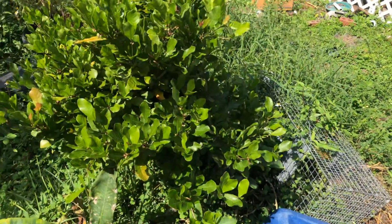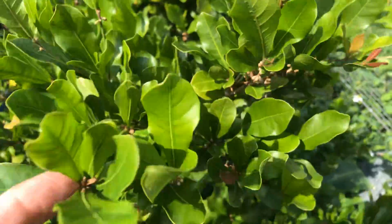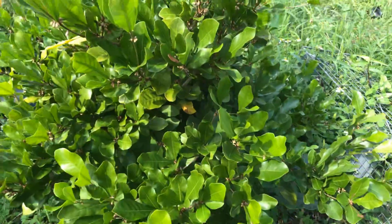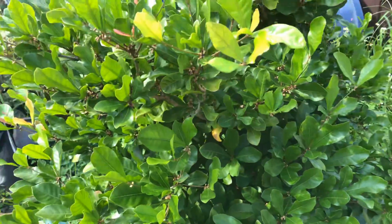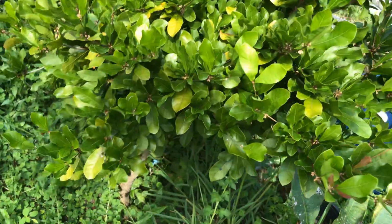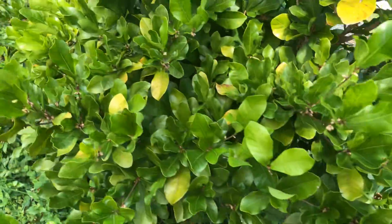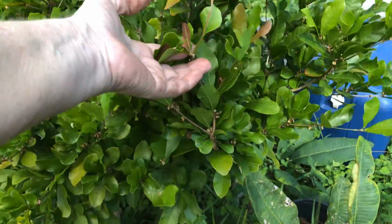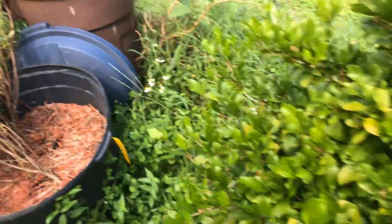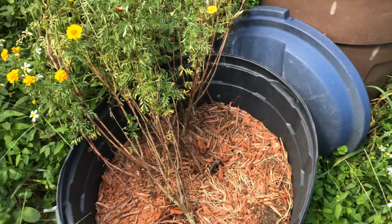And this is my miracle fruit. You can see all the beautiful little fruit that I will have, but there is no fruit on it at the moment. I would say if there was, it would be gone from my granddaughter, but with the bees out when she was here on Sunday, I did not let her come outside, so I know there wasn't any on there. I need to replant this pot,